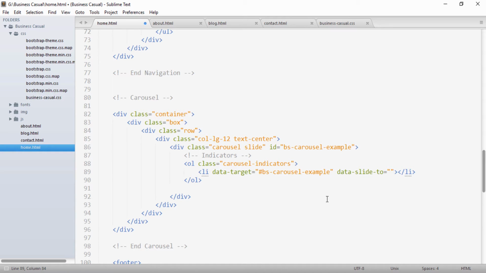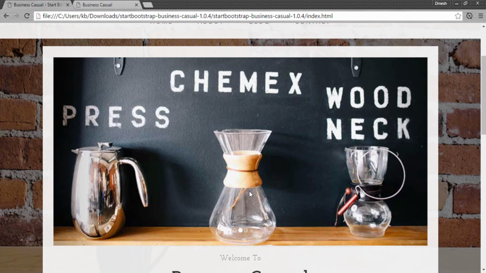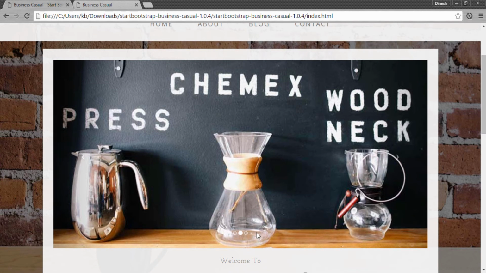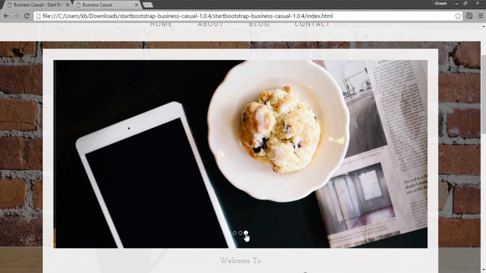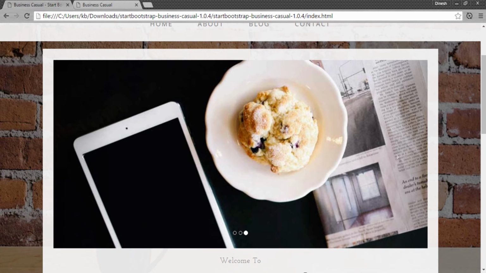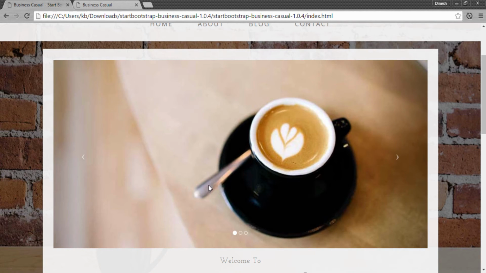This attribute specifies which slide to go to when clicking on the specific dot happens. So let's say if we click on the third dot, then it will take us to the third slide. So basically this takes in a number. It starts with 0. So 0 corresponds to the first slide, and if I show you on the browser, then here you can see that suppose I click on the third dot, then it will take me to that slide. If I click on the first, it will take me to the first image.